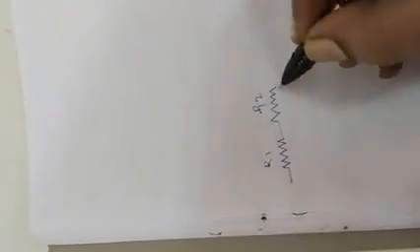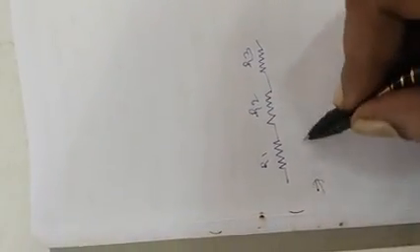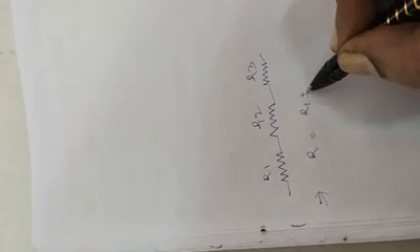Actually, these configurations explain about resistance. Some resistances are connected in different categories, different configurations, so we will solve for the total resistance. For example, we already know that when resistances are in series, this is the symbol of resistance. This is R1, this one is R2 and this one is R3. So this is a series combination, and the total resistance is equal to R1 plus R2 plus R3. We already know this formula.